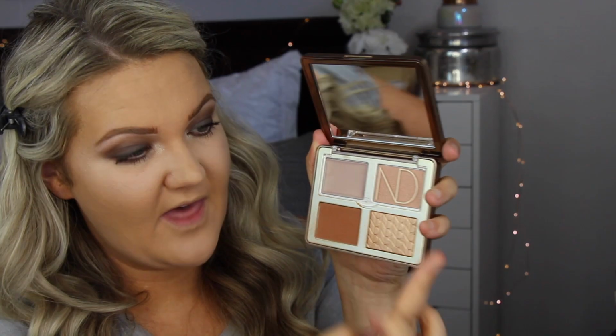We have some face products from Natasha Denona, like I said. This is the Tan Bronze Glow palette, and then this is the Bronze Glow Mini. Now this one retails for $55, and it has cream blush products. So it has a glow cream base, a super glow, and then a glow impact powder, which is a new formula, and then the blush and bronze powder. This is the new formula of that highlighting product, glow powder right here,